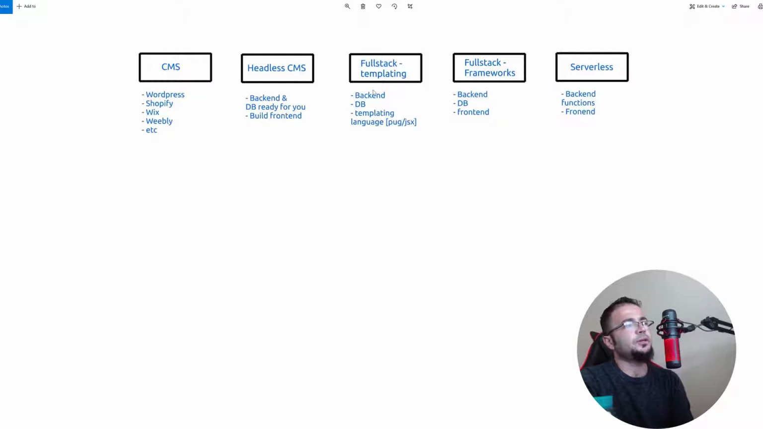Another common way is full stack but templating. So in this case, you build a database and the server, but the front end is just a templating language like Pug, like Haml, like other templating languages, JSX. Another common way